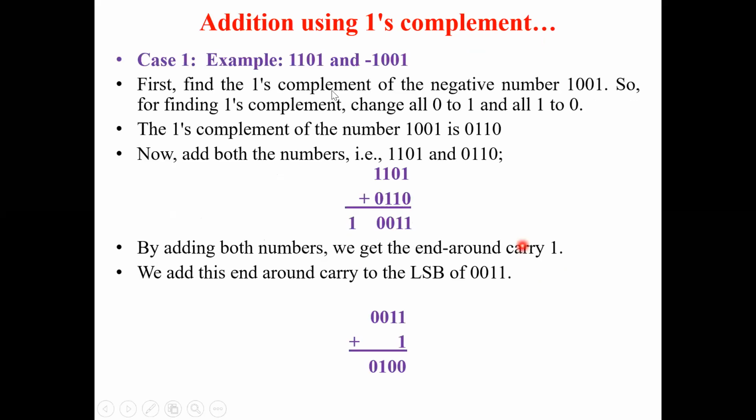It will be clear. Write down the example: add using ones complement. These are the rules for ones complement. Add 1101 and a negative number I am giving you, 1001. This shows that the second number is a negative number. Converting to decimal, 1101 is a bigger number compared to 1001, which means the negative number is smaller in magnitude. So no need to worry, I can go ahead with the case I have studied.